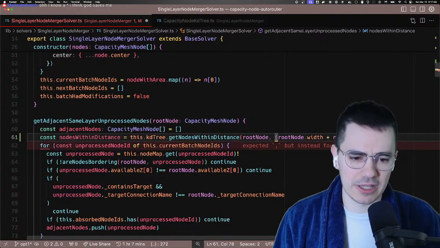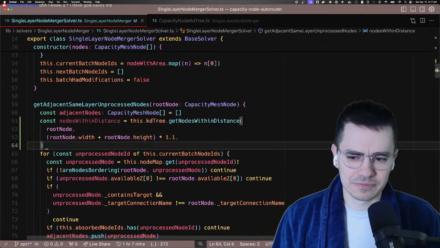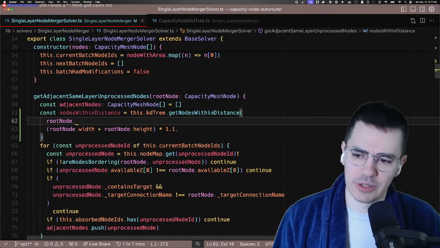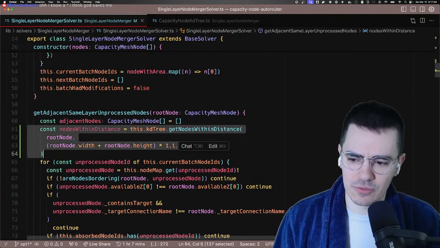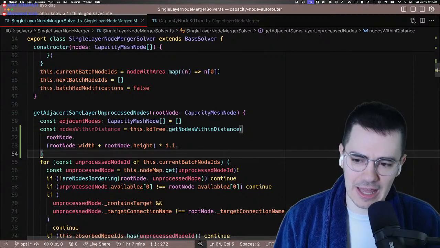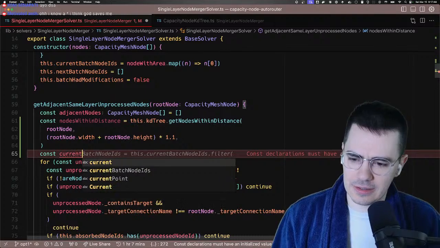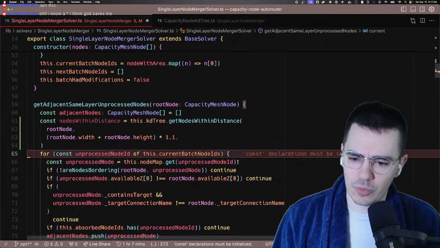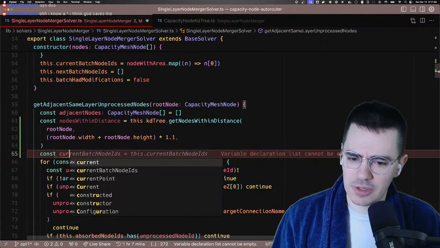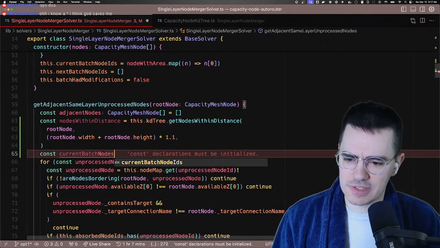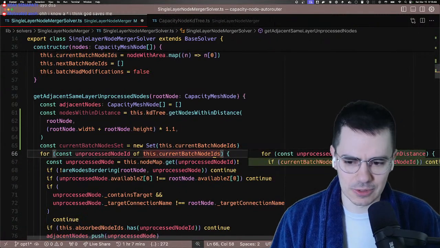Maybe I'll multiply it by like 1.1. That should work. There might be some edge cases where that doesn't work. But anyway, that is going to reduce our number of nodes by hopefully a lot. And then we want to actually go through the current batch. So what I think I'm going to do, say current batch nodes set, because we know that sets are way faster thanks to